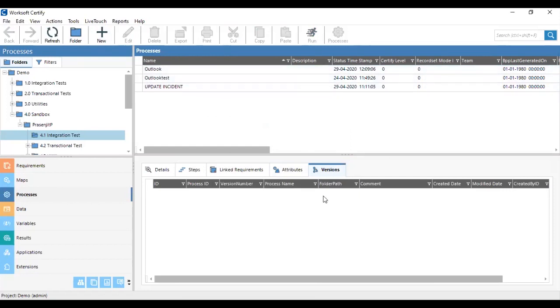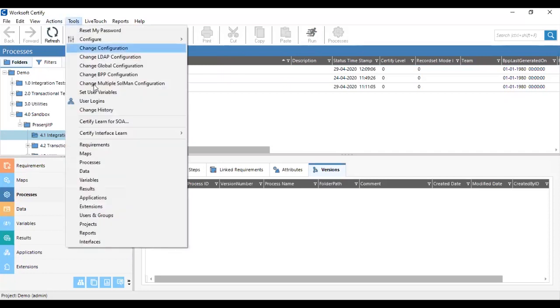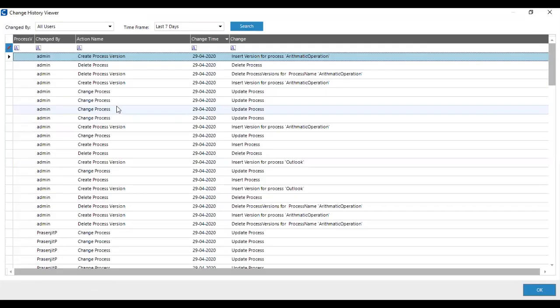So I want to restore that deleted process again. For that, we have to log in with the administrator login. I'm currently logged in as the administrator, so I can access the change history. Just click on tools, go to change history.